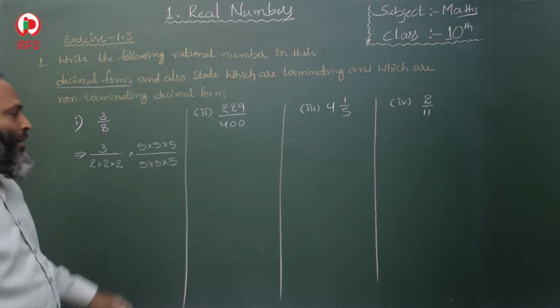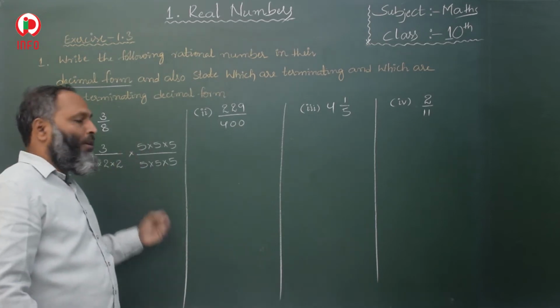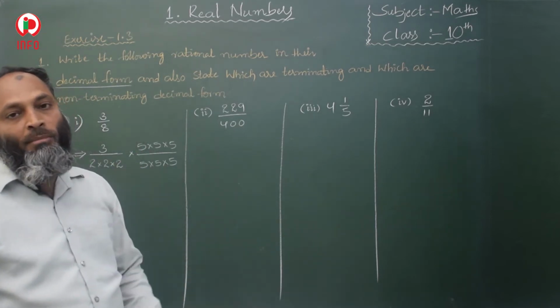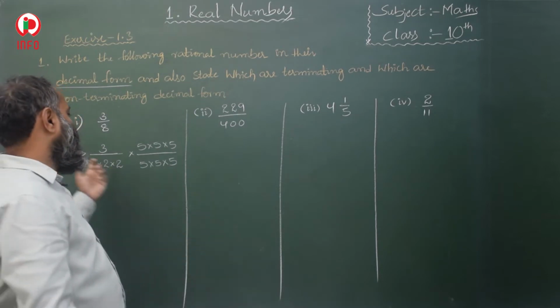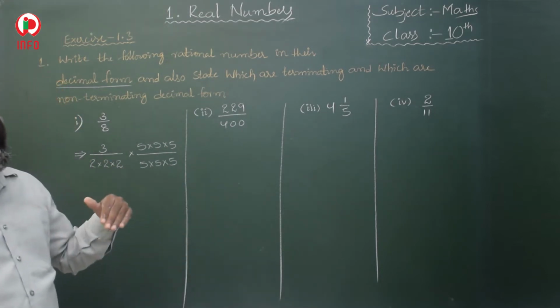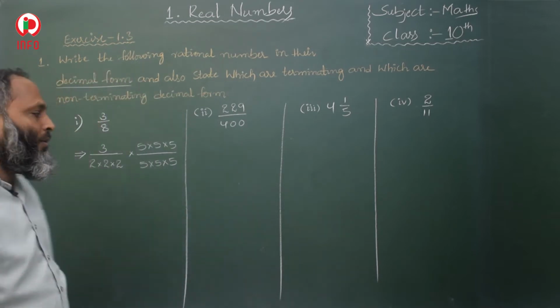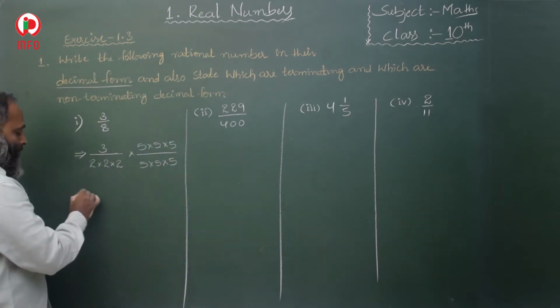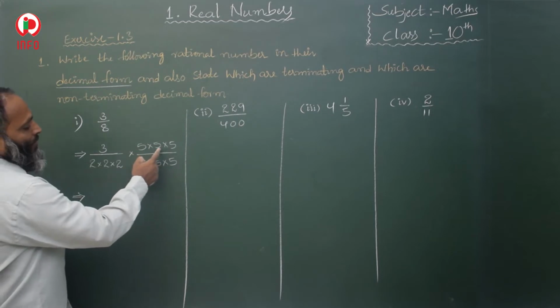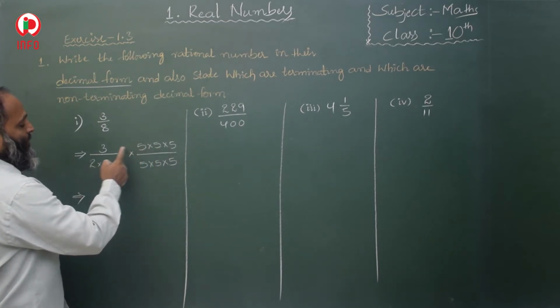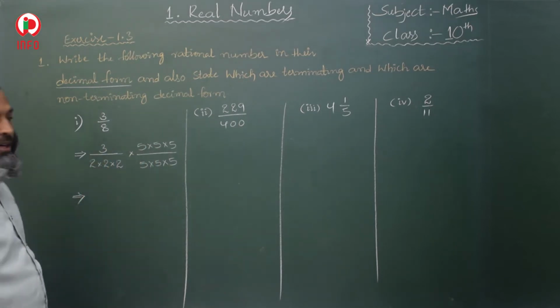So why are we multiplying the numerator and denominator with the same number? If we multiply with the same number, the value never changes. That is why we should multiply the numerator as well as the denominator with the same number. Okay. Now, 5 5s are 25, 25 5s are 125, 125 3s are 375,